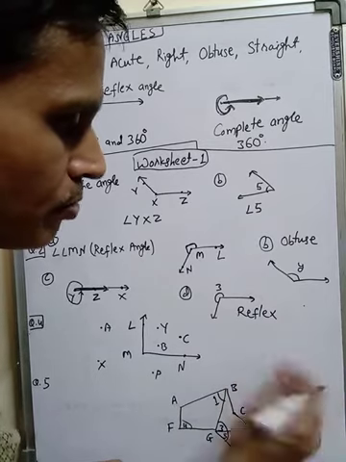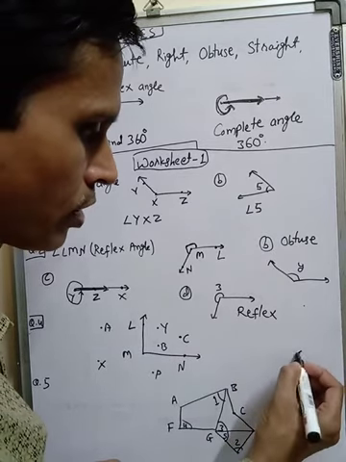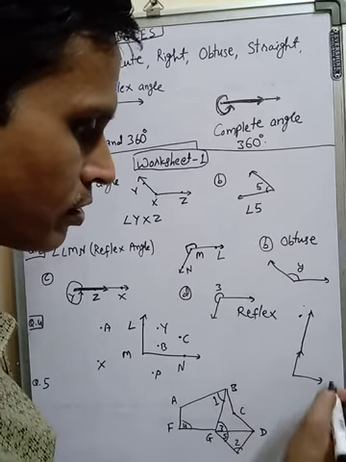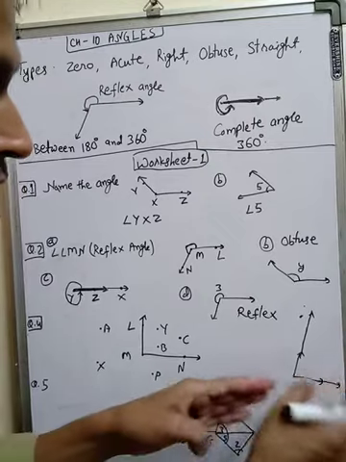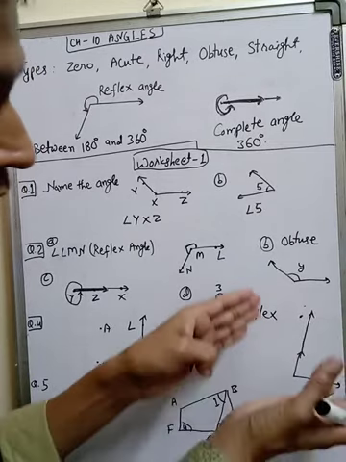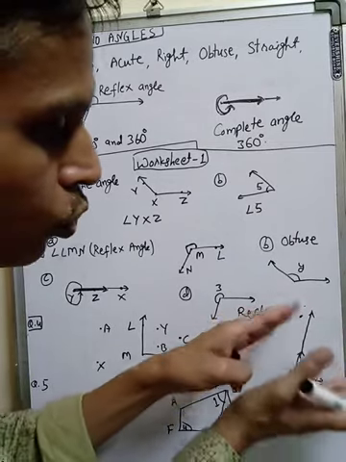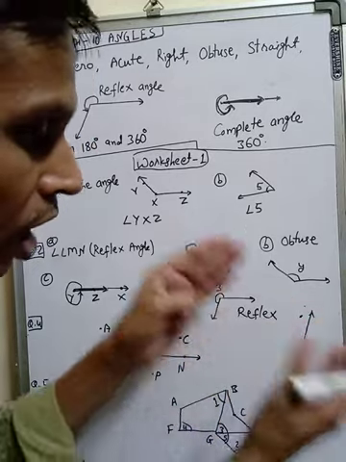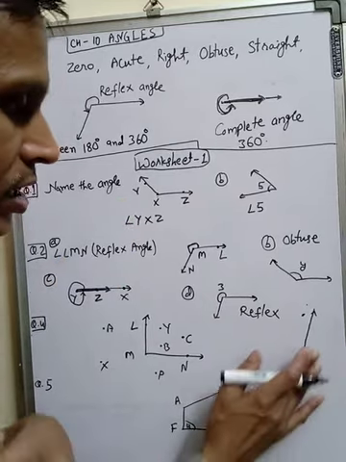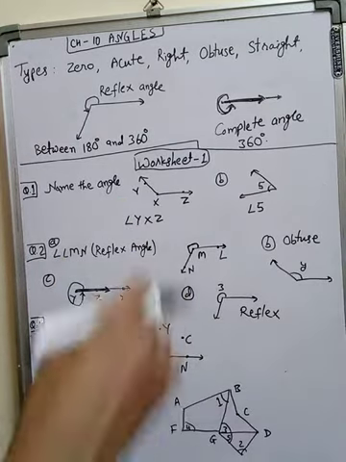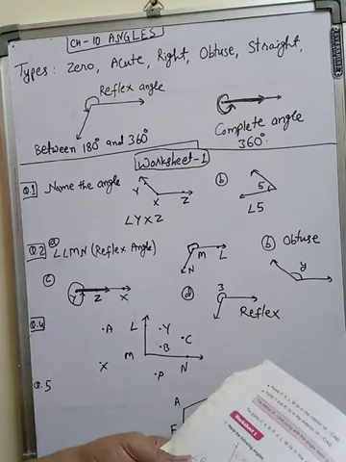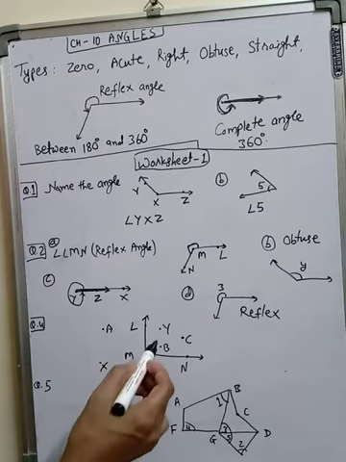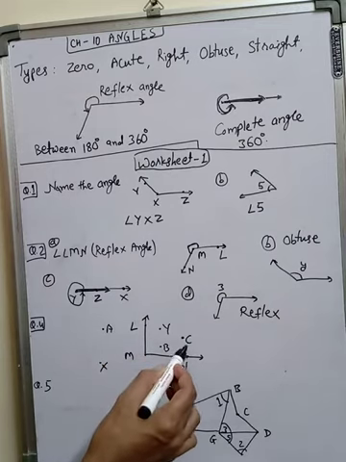Now see another example. It is given and suppose a point is written here. When we extend and see, after extending, this point is inside or outside. When the point is between the two arms, inside, then it is an interior point, and if the point is outside, then this is exterior. So this is very easy. The first question is: name the points in the interior. So here what points will be in the interior? Point Y, point B, point C.